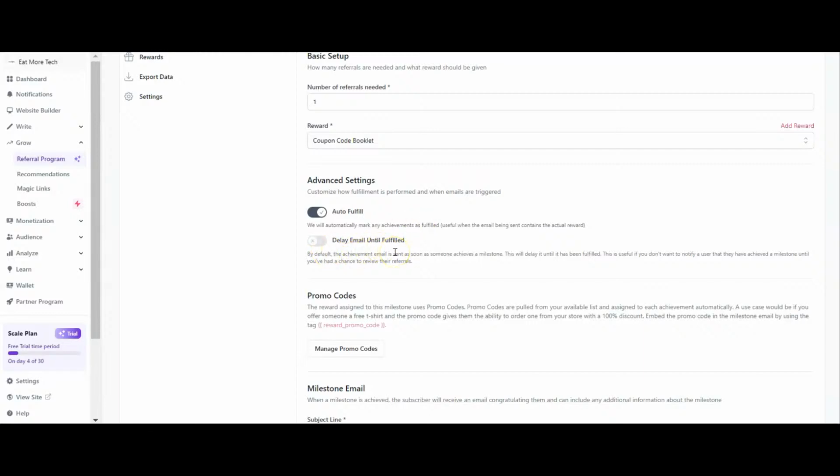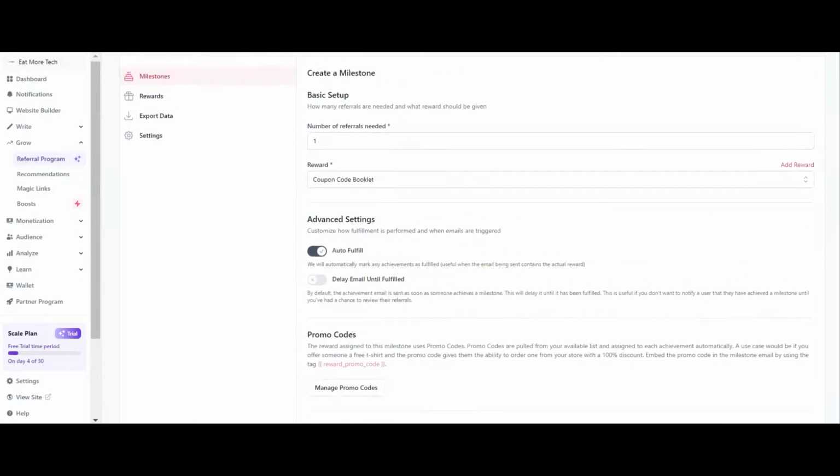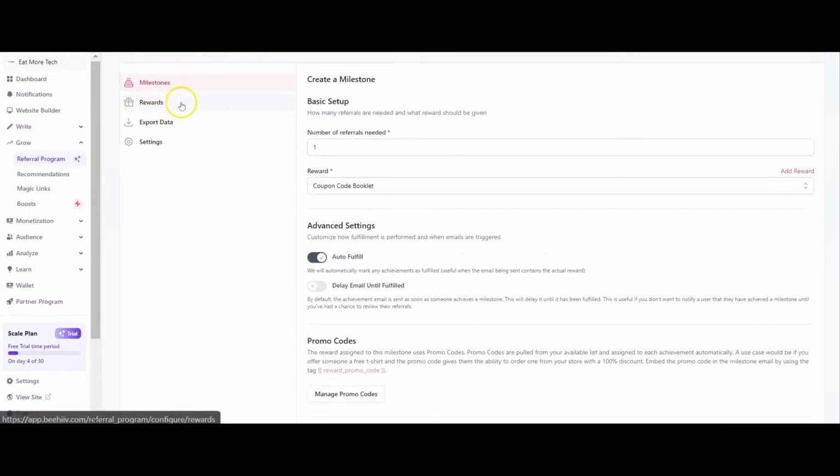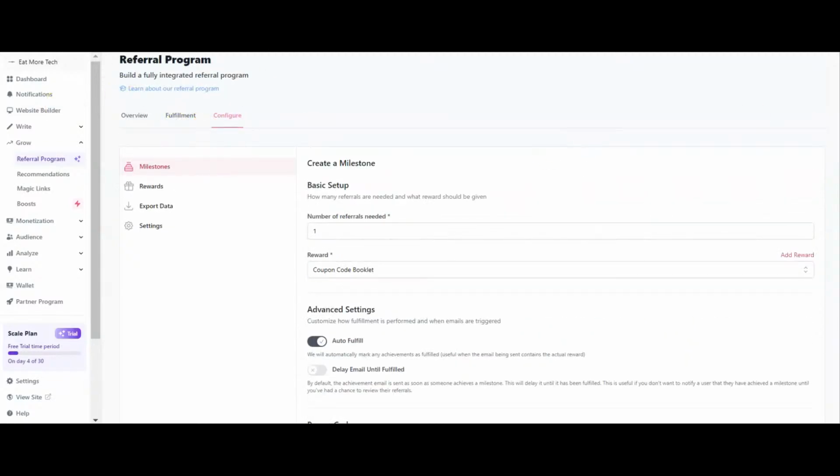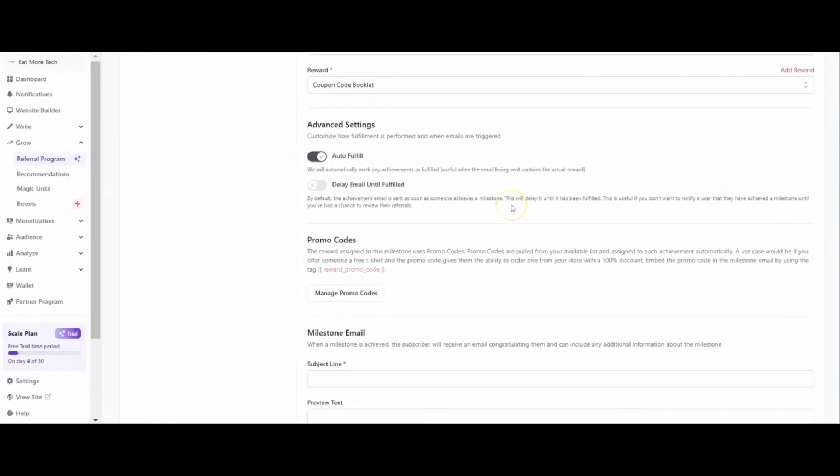If you are somebody who's sending out physical products, so you've got something at home in a garage, or something you've actually got to go and manually order for somebody and get delivered out to them, then you're going to want to delay email until fulfillment. What's going to happen then is you're going to see who's got the rewards on the fulfillment part. Then you can go ahead and fulfill, and then you can delay this email until fulfillment has happened,